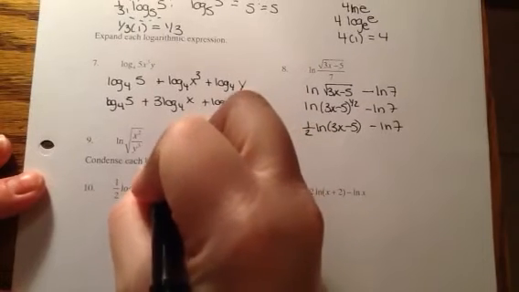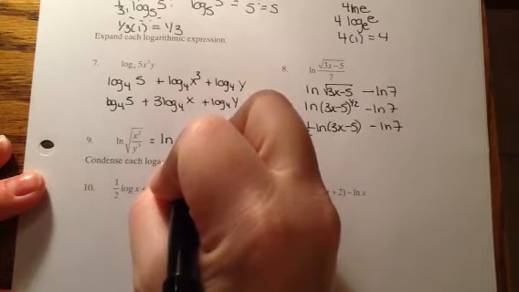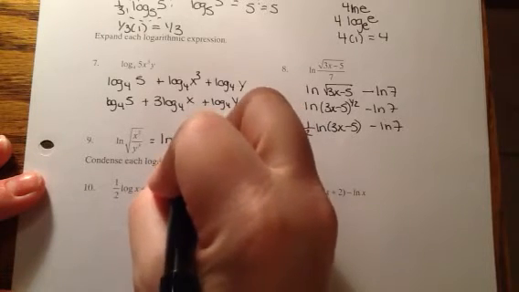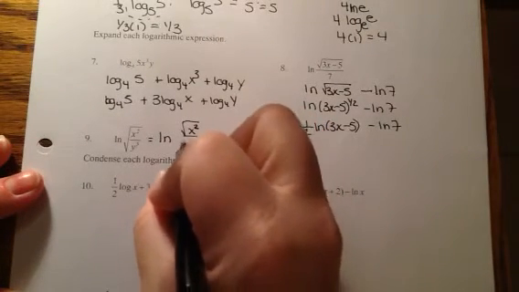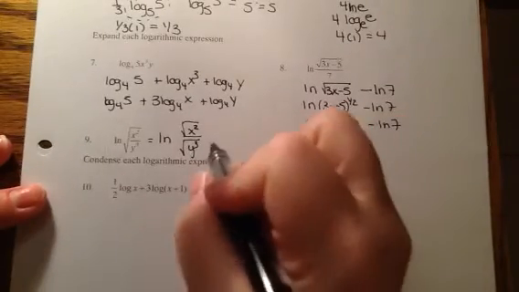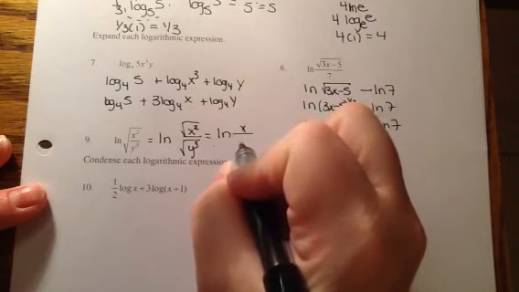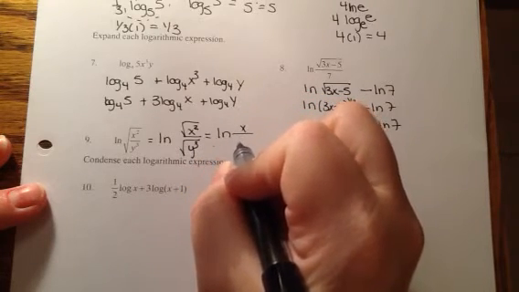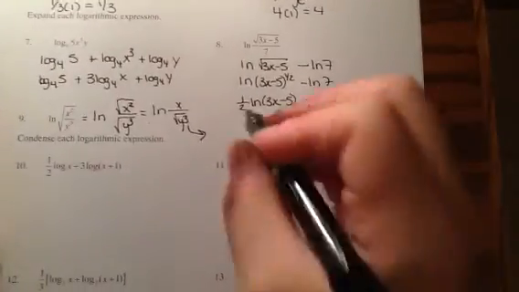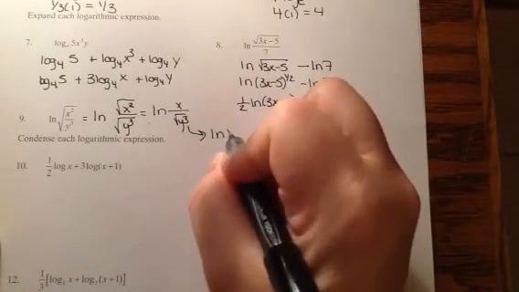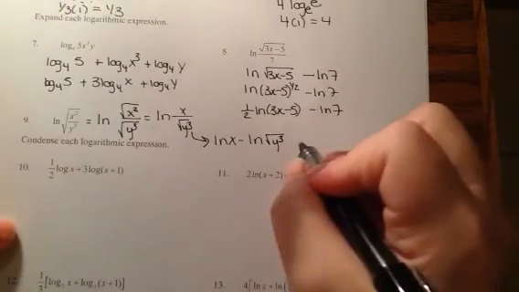Okay, so for this one, I really can rewrite this as ln of, on top I have x squared square rooted, and on the bottom I have y cubed square rooted. The square root of x squared is just x, so really you have ln of x over the square root of y cubed. I want to run out of room, so I'm going to go down here. And then since I'm dividing, I'm going to subtract, so ln of x minus ln of the square root of y cubed. And then I'm going to rewrite